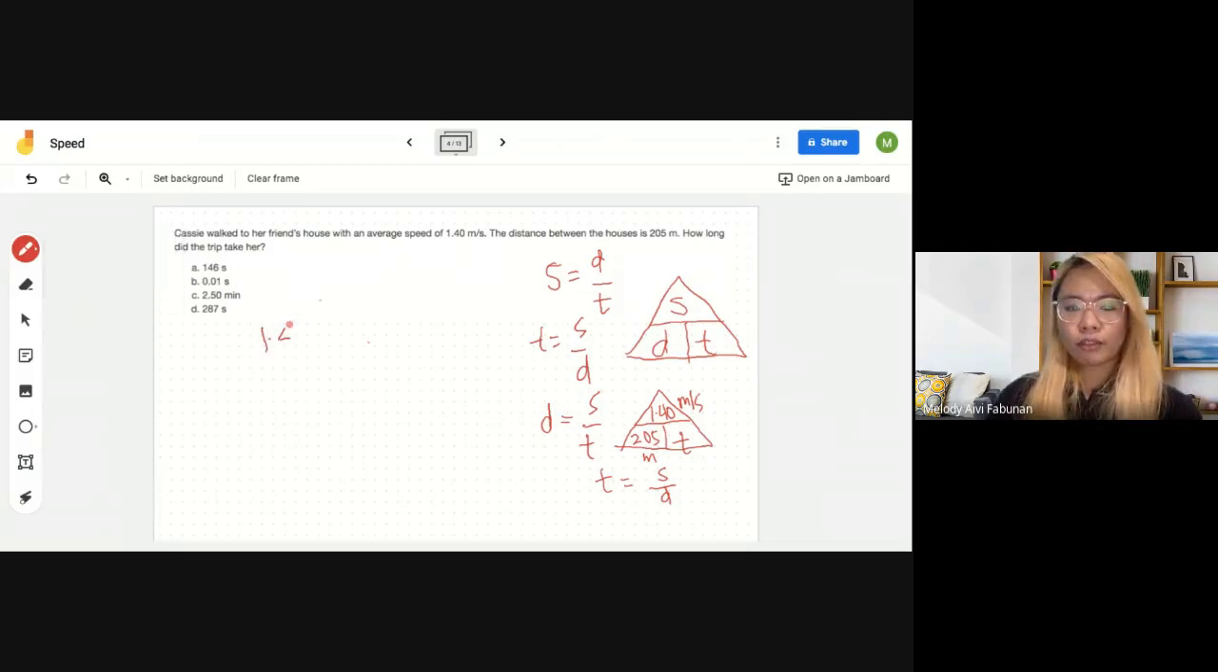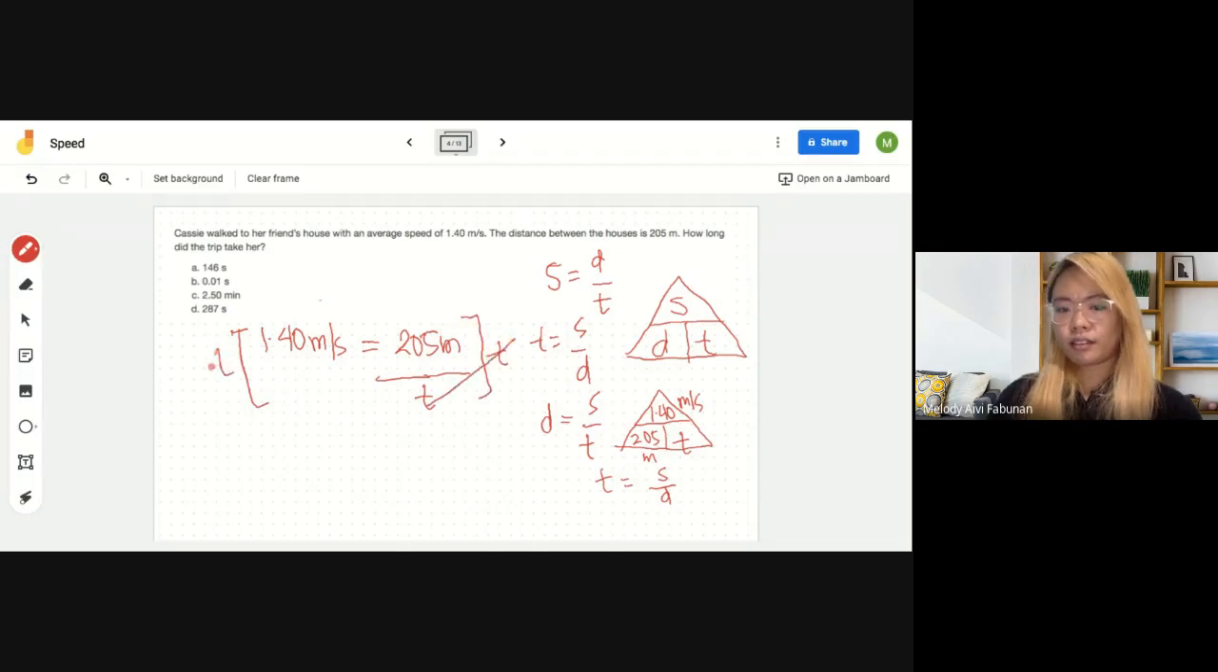So, this is 1.40 meter per second is equivalent to distance, which is 205 meters, divided by time. Time yung nawawala sa atin. So in order for us to do that, time cancel time. So 1.40 meter per second is equivalent to 205 meters divided by time. So time is equivalent to,